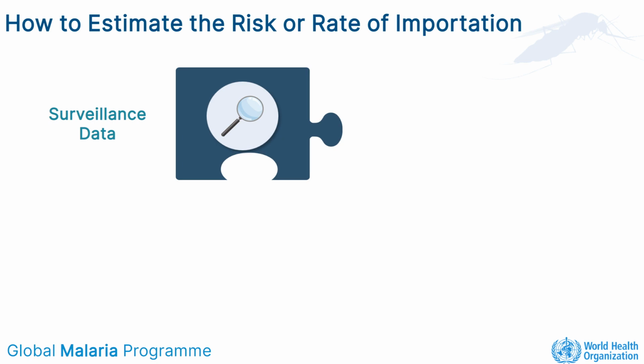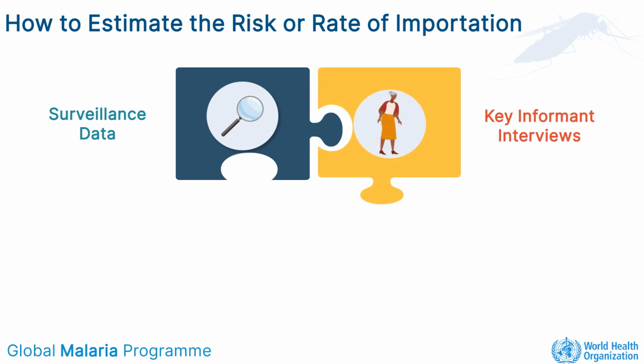Over the years, these data can be summarized to identify the areas of the country with the greatest number of imported malaria cases. The risk or rate of importation can be determined from an understanding of the travel patterns and population flow in an area. Often this information is local knowledge and can be determined by asking key informants, such as local officials or community